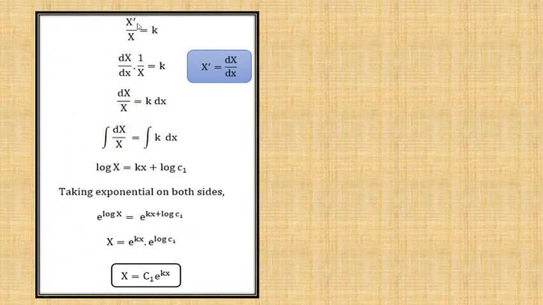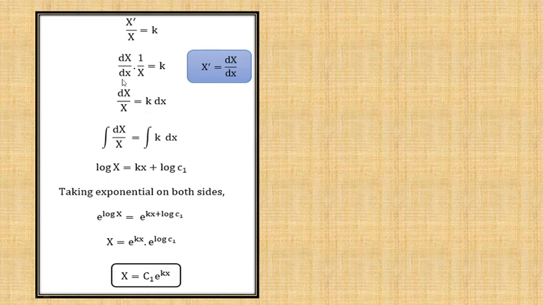Now the left hand side of the above equation is X dash divided by X. We have seen that the ratio is equal to a constant. Let us take the constant as small k. Then this expression can be written as 1 by X into derivative of X with respect to small x, that is dX divided by dx, equal to small k. Now I am keeping the terms of capital X only on the left and all other terms are transferred to the right. Then I will have dX by capital X is equal to k into small dx.